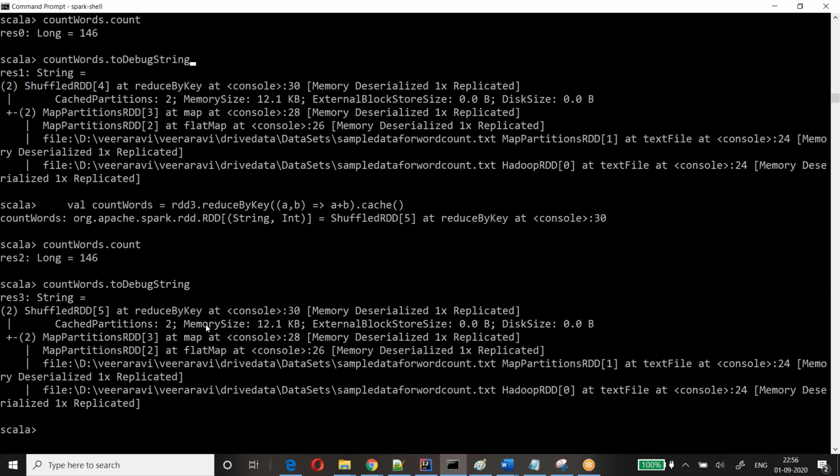The important difference between checkpoint, cache, and persist is that checkpoint will not store any lineage graph information. If it does not store lineage information, in case of any failure, it cannot reconstruct.